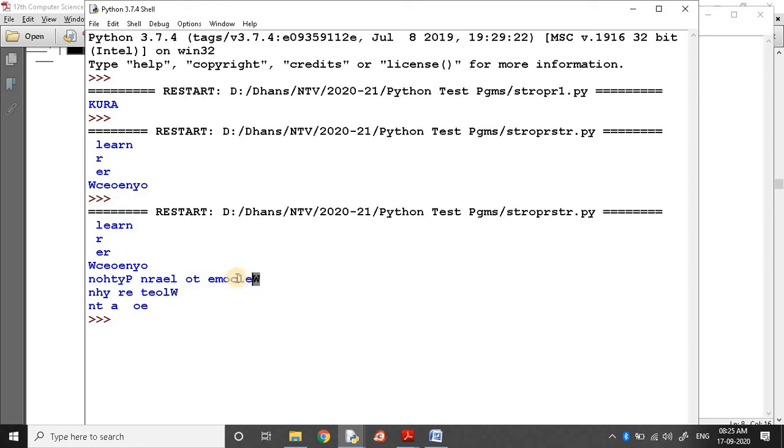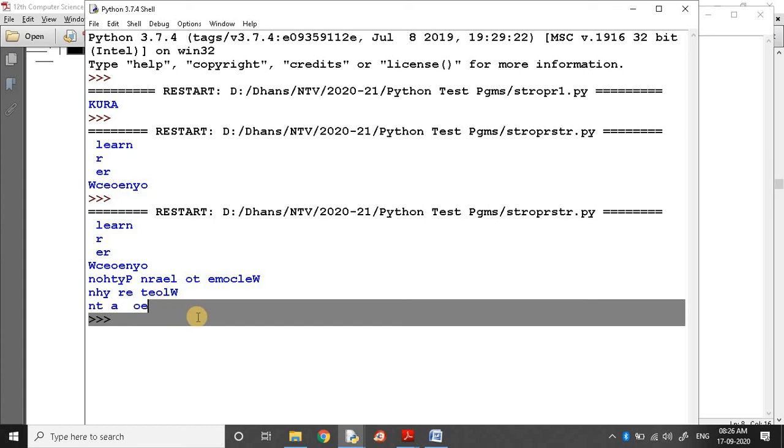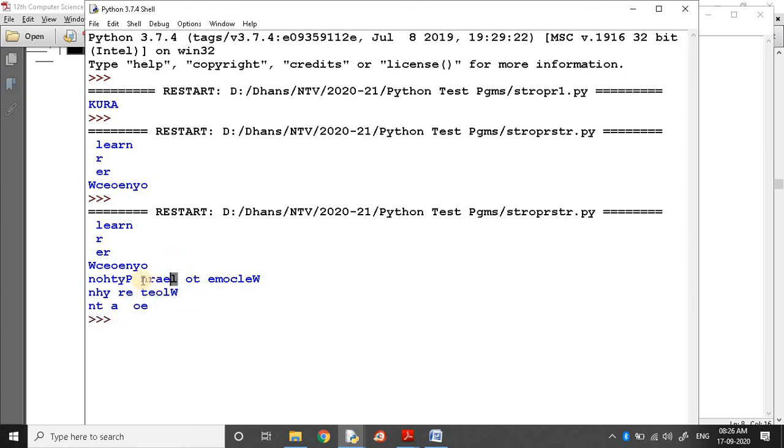W, L O displayed. -3, E O A, O. After this E O A, then T N. So these are the things you can see, because space is also treated as a character. You can include space as a character.